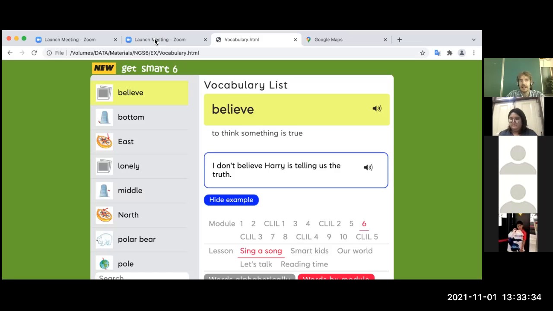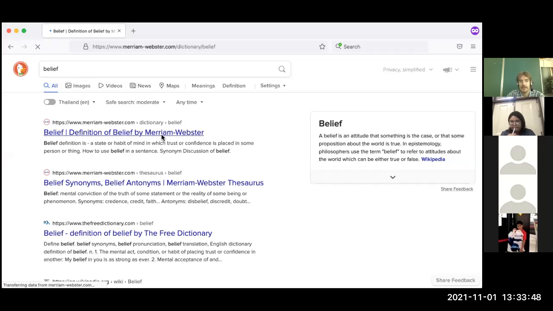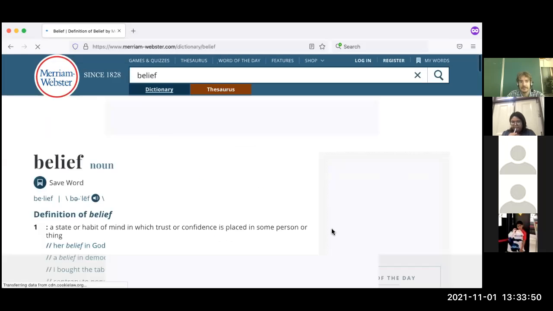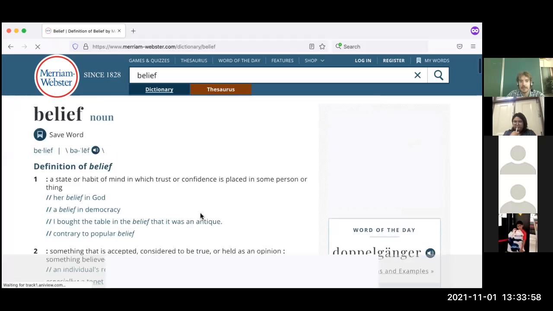Believe, and that's a noun, and that's the content of believing. So if you look here, this is the definition by Merriam-Webster, belief. A state or habit of mind in which trust or confidence is placed in some person or thing.